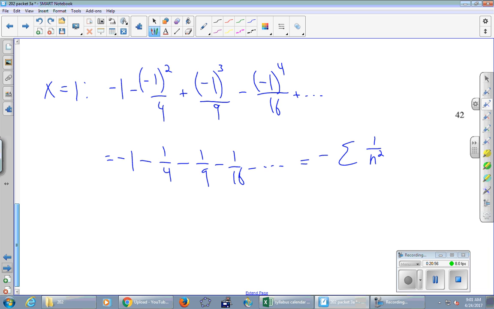And does this P series converge or diverge? Converges because the P is greater than 1, right? So, convergent P series. And again,